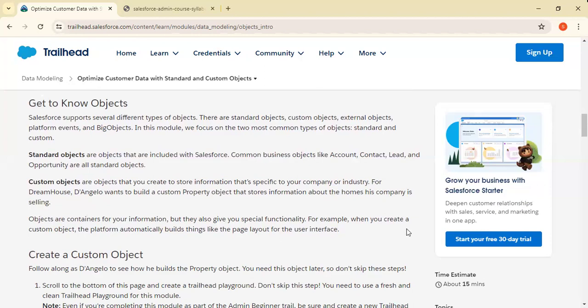For example, when you create a custom object, the platform automatically creates things like the page layout for the user interface. अगर आपने कस्टम ऑब्जेक्ट क्रिएट किया होगा तो ऑटोमेटिकली आपके जो भी पेज है तो उसकी इंफॉर्मेशन कस्टमर को मिल सकती है।